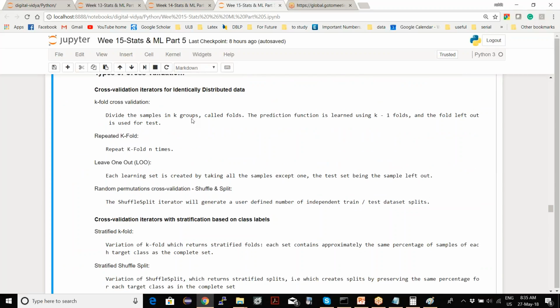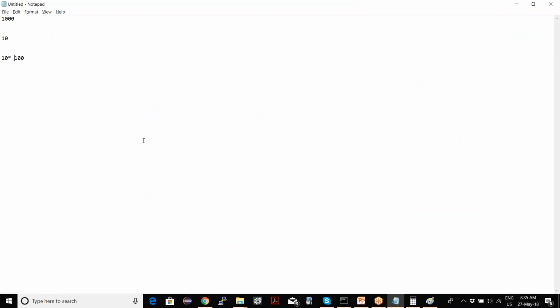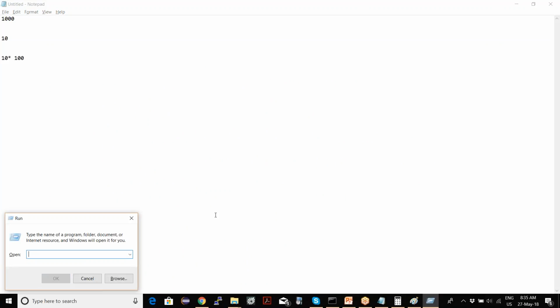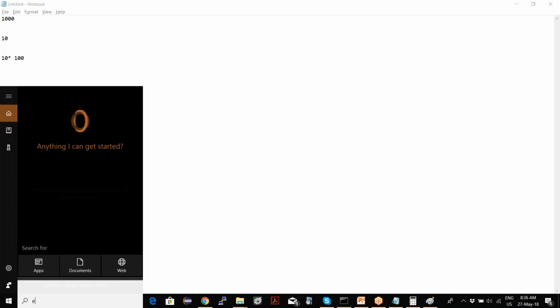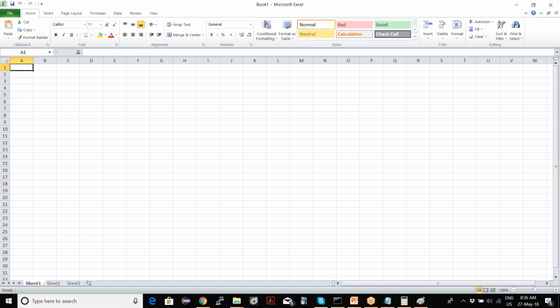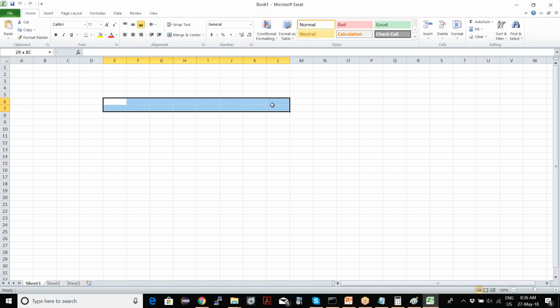So divide the samples into k groups. These are called folds. Now the prediction is done. Let's visualize it like this: groups 1, 2, 3, 4, 5, 6, 7, 8, 9, 10.